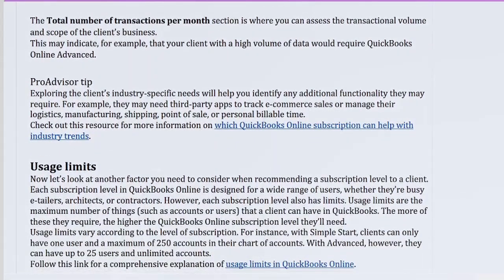The total number of transactions per month section is where you can assess the transactional volume and scope of the client's business. This may indicate, for example, that your client with a high volume of data would require QuickBooks Online Advanced. Pro Advisor Tip: